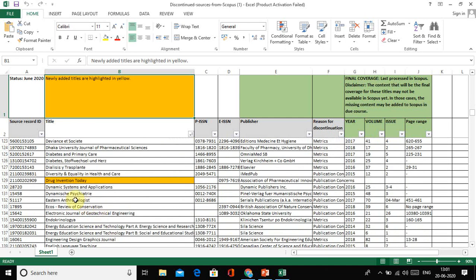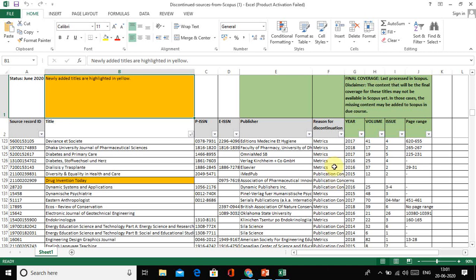If you check here, Drug Invention Today was present in the Scopus list in Feb 2020, but from June 2020 onwards it has been discontinued from Scopus. The reason here is publication concern. Generally, metrics or publication concerns are the reasons for discontinuation.